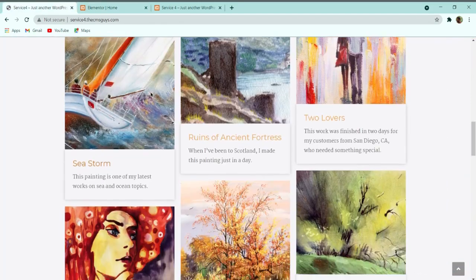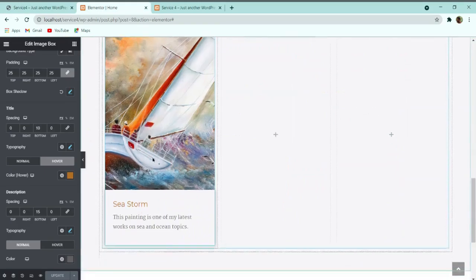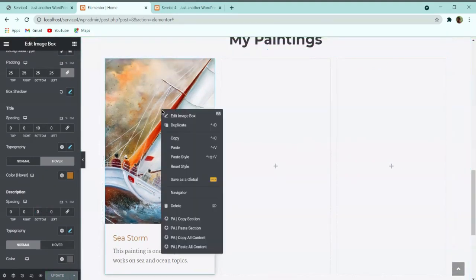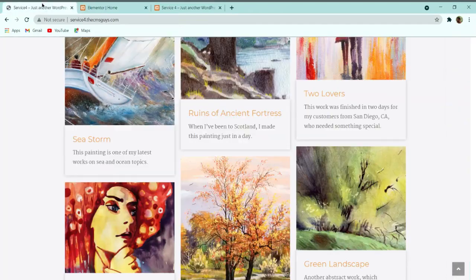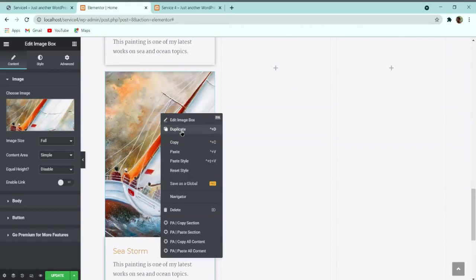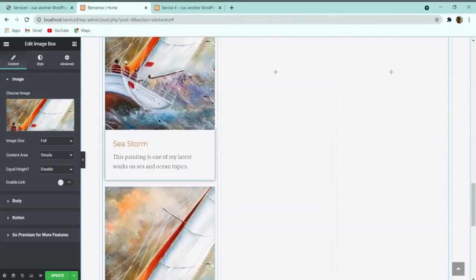So here you can see that with this we have successfully created a single page, and here also we can make it 0. It will look good. So now what I will do is simply duplicate it. Here you can see that in a row we have almost 3. So again I will duplicate. Here you can see that.